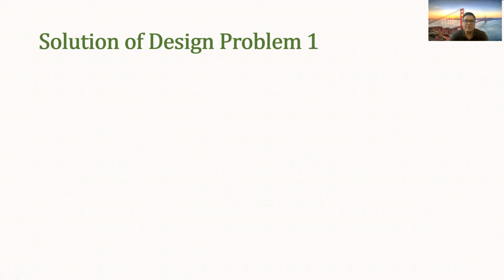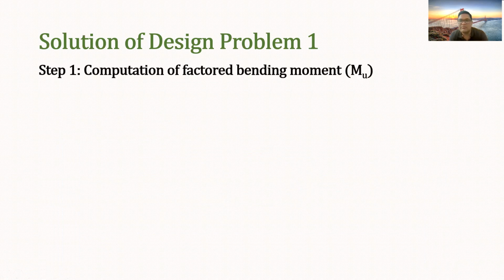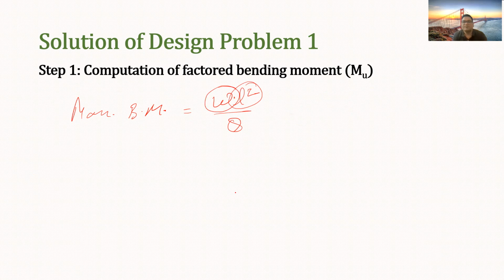Our first step is to find out the factored bending moment. Now in our case, our beam is a simply supported beam. So the maximum bending moment for a simply supported beam is W L square by 8. Now L is the effective span, which is already given. Now here we need to find out W. W is the